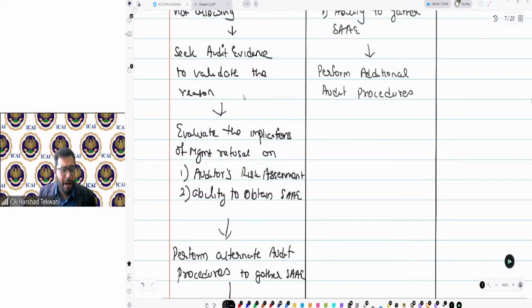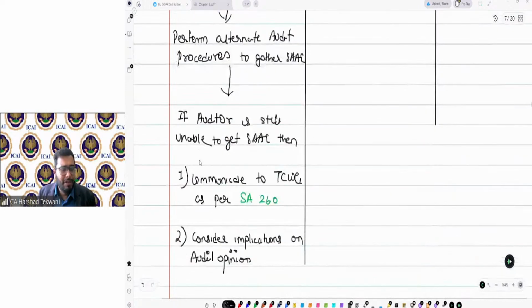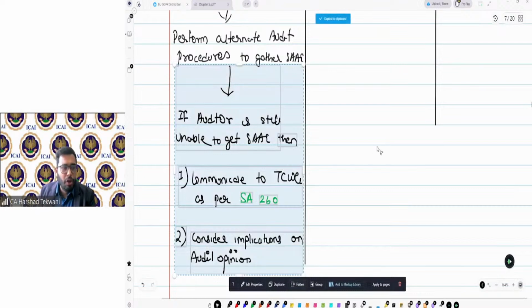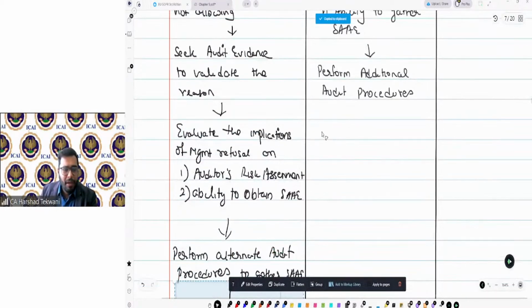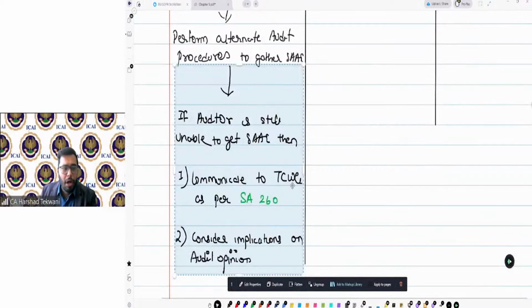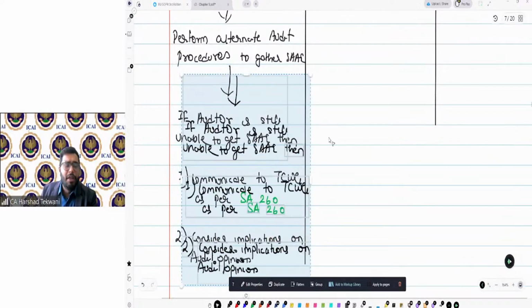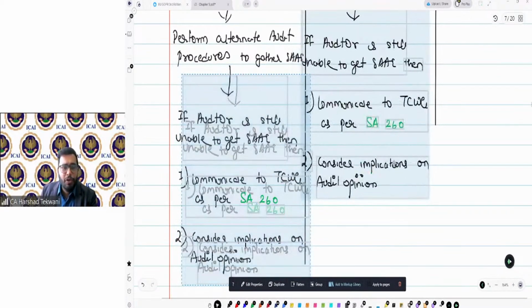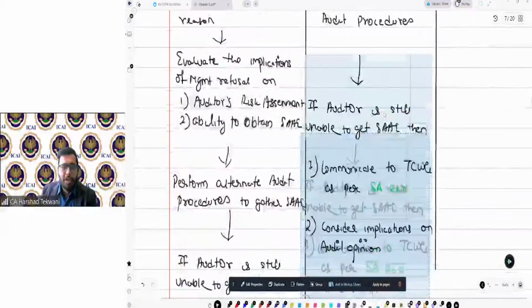And if after performing additional procedures you are still not able to get sufficient and appropriate audit evidence, then yes, you need to modify your opinion or consider the impact on your opinion, and you need to communicate with those charged with governance.